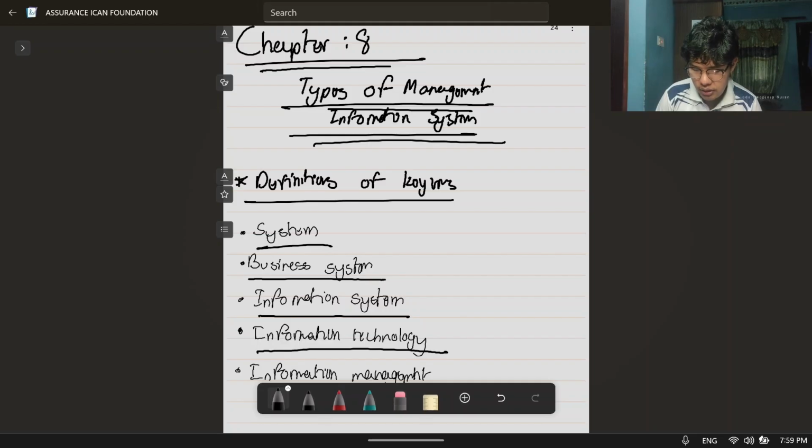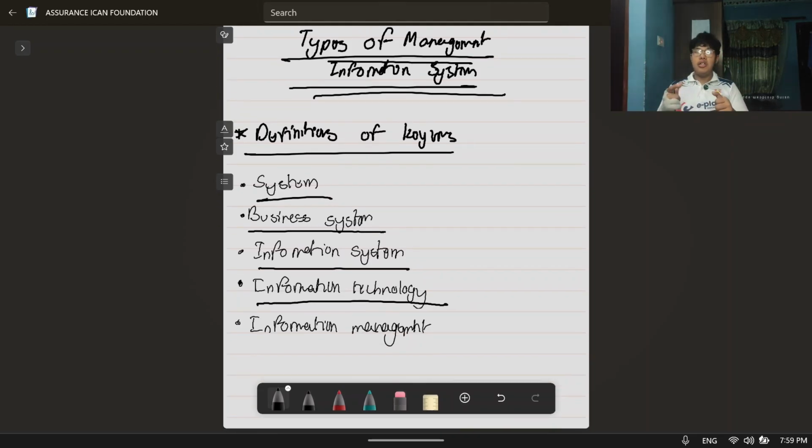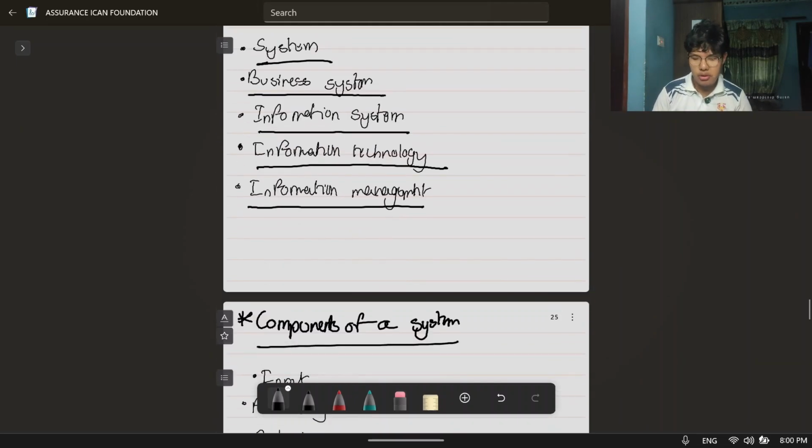And then we have got information technology. Information technology भनेको चाहिँ same as information system, but it's the equipment used for collecting, storing, processing, and distribution of information. And then we have got information management. Information management भनेको चाहिँ the planning of the control and use of information we got from the information system for better decision making or any other use.